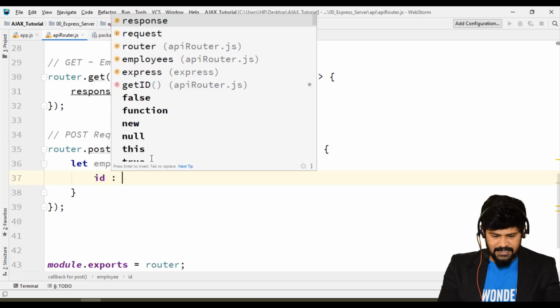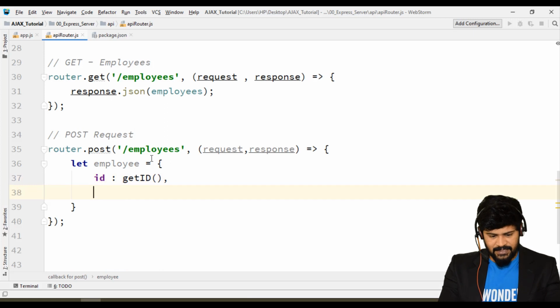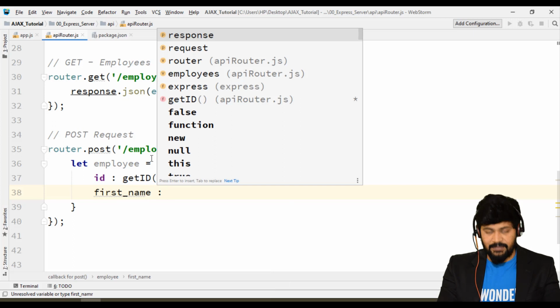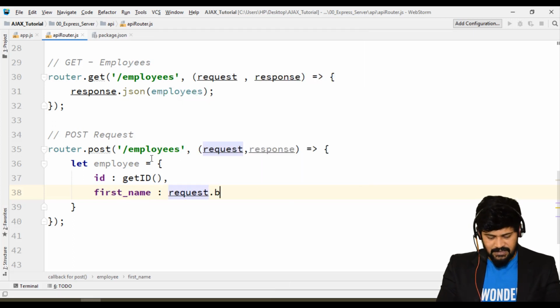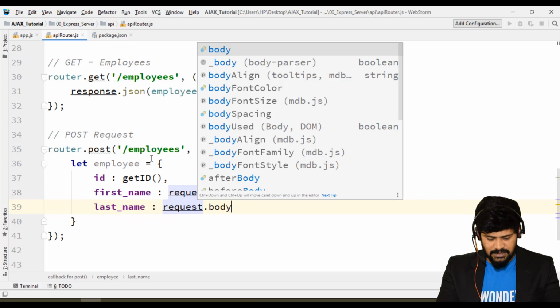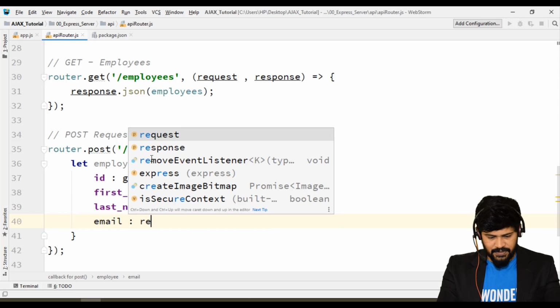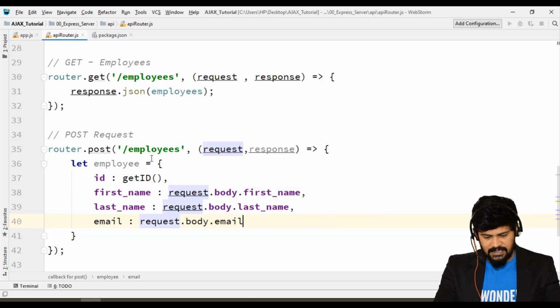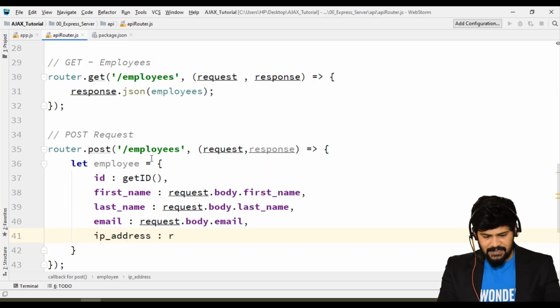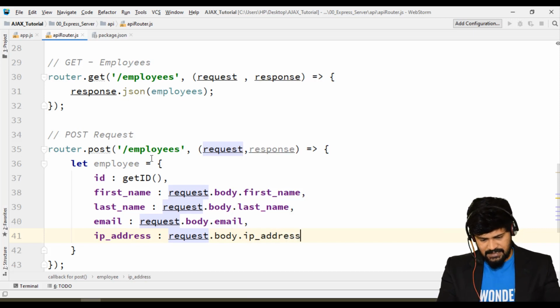So let ID be, I'm going to call getID, and the first name. For the first name you're going to do a form submission. How to get form data at server side is request.body.first_name, and last name is going to be request.body.last_name, and the email is going to be request.body.email, and IP address is going to be request.body.ip_address.